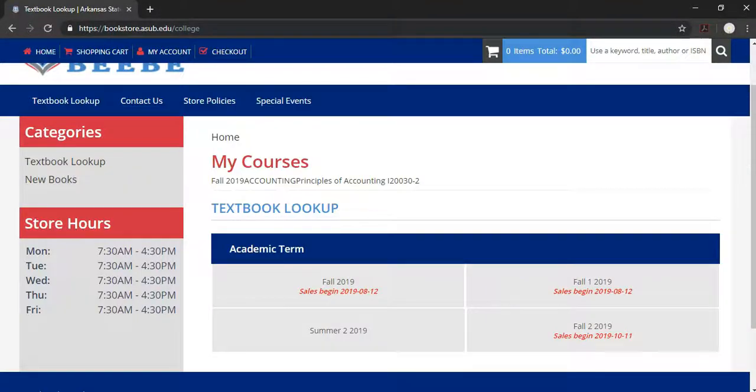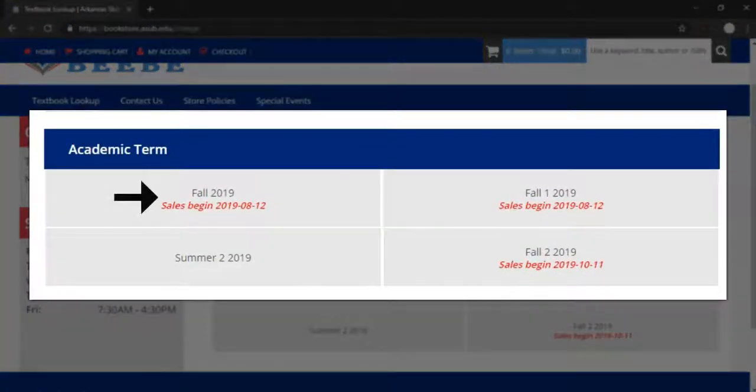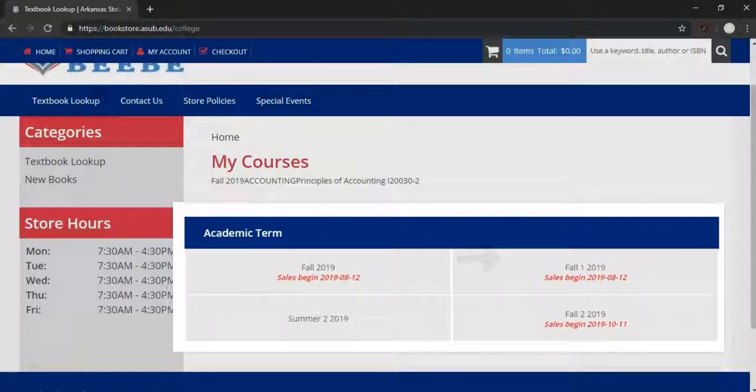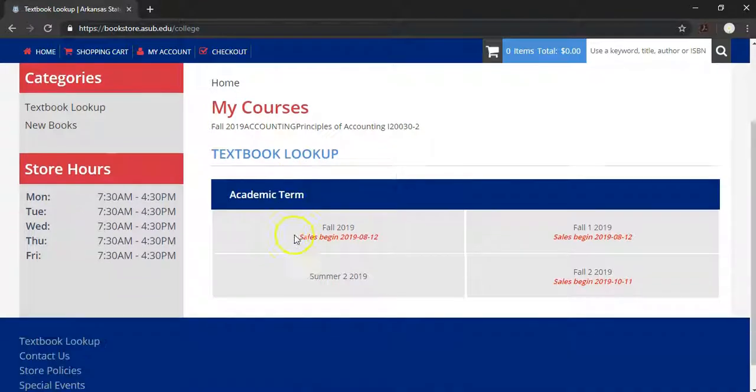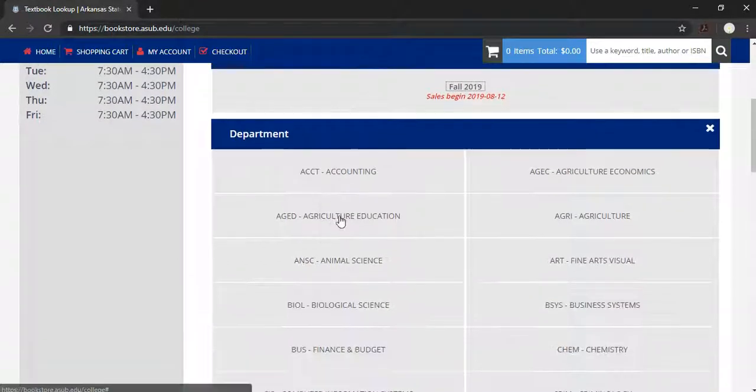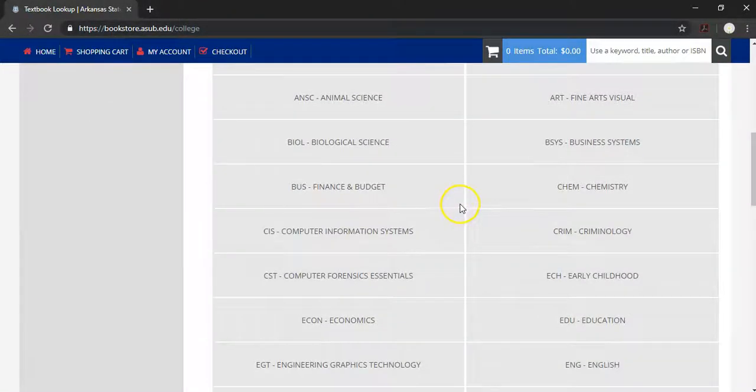When the textbook lookup page appears, you have 4 options to choose from: Fall 2019, Summer 2 2019, Fall 1 2019, and Fall 2 2019. I'm going to select Fall 2019, and then it asks me what department my class is